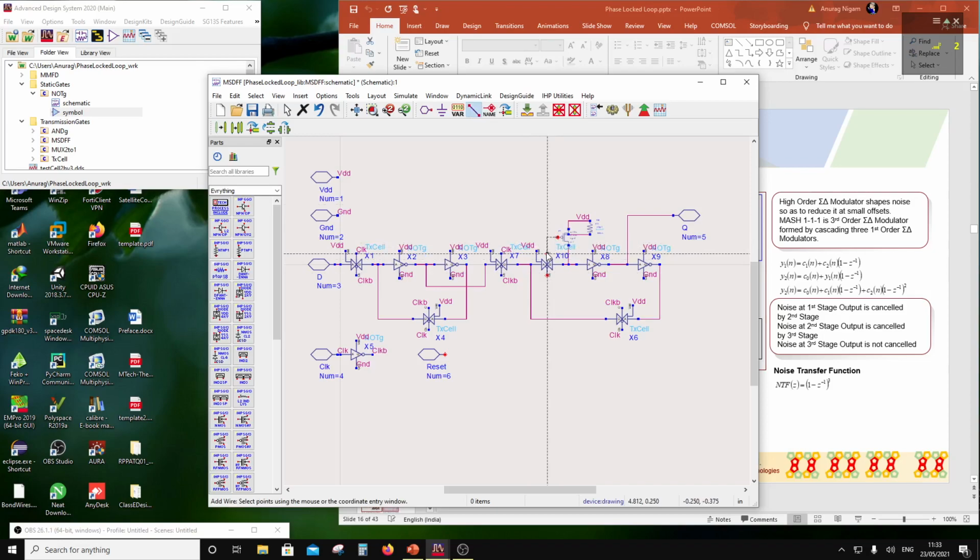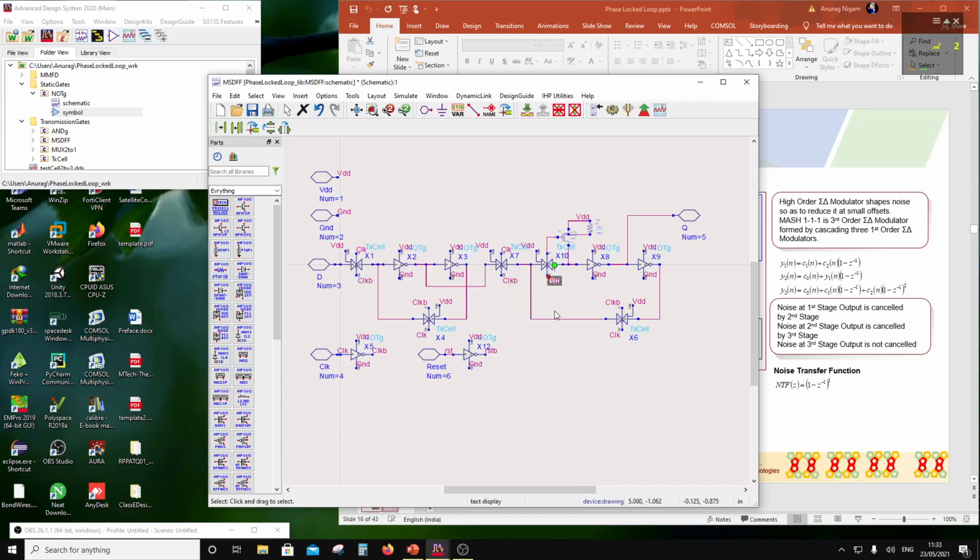So this node and this node are the same, so this is going to be reset, and then there's going to be reset bar. So I'm going to put in another inverter over here. Correct? And then I am going to have RST and RSTB. So I will name this node as RST, and this is RSTB. Correct? So when reset moves low,